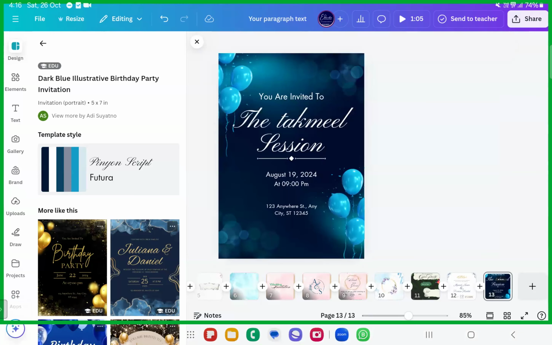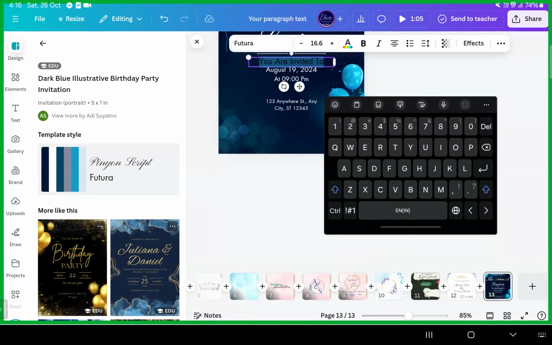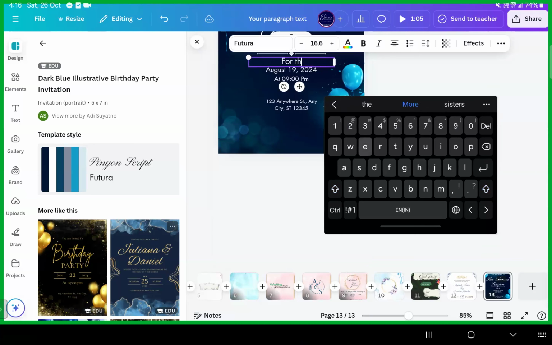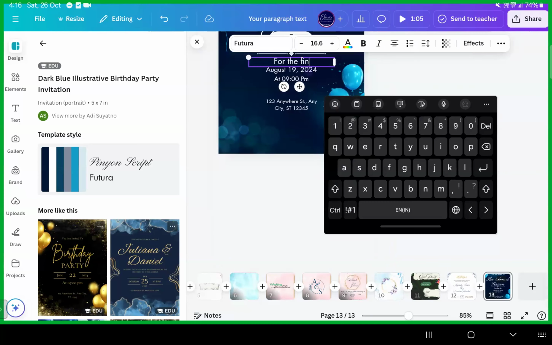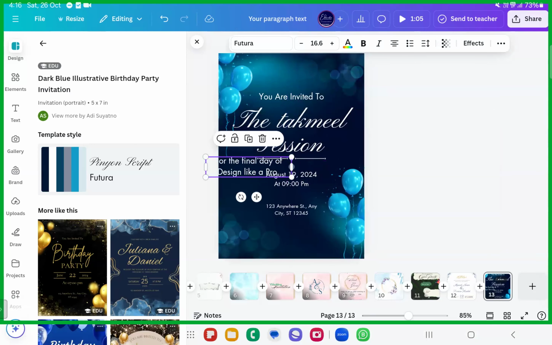On Tuesday, inshallah, you have to be present for the last day, for the final day of design like a pro. For the final day, simple invitation I just want to create for you. Final day of design like a pro, and then we'll just keep it a bigger one,